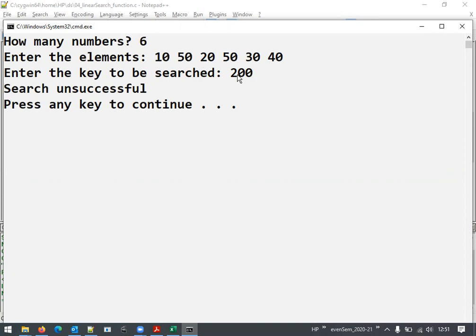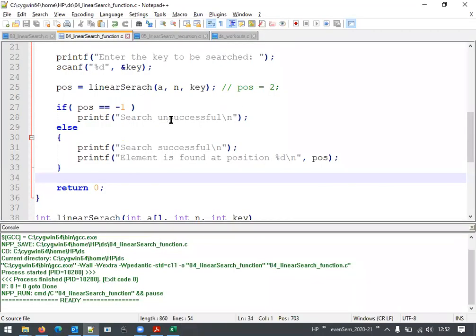In the linear search user defined function, the key was compared with the first element, the next element, up to the last element, and nowhere did the condition match because 200 is not present. At the end it returned -1, so the 'search unsuccessful' message is displayed. I hope the concept is understood, students.